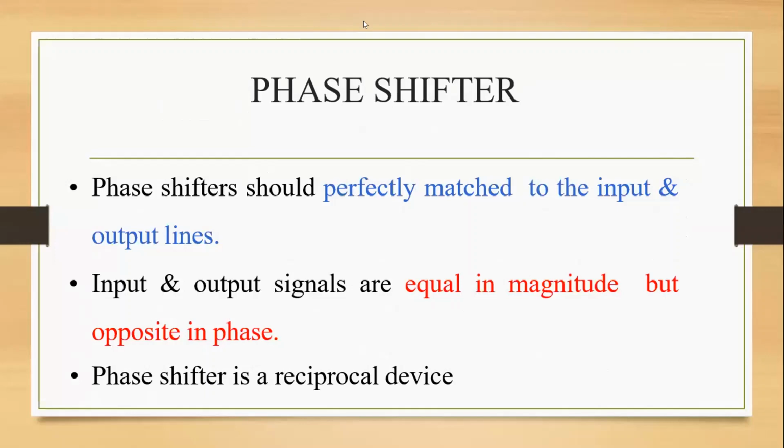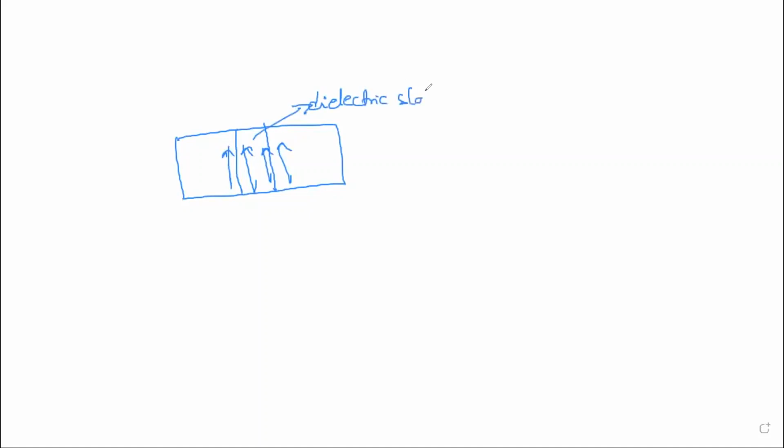When I represent a phase shifter, it is usually represented as a rectangular or circular section, which is a device or microwave port. There will be a dielectric slab placed either parallel to or at the position of the maximum electric field. This is the maximum electric field across the device, and this will be your dielectric slab. Based on this, the phase shifter will be working.